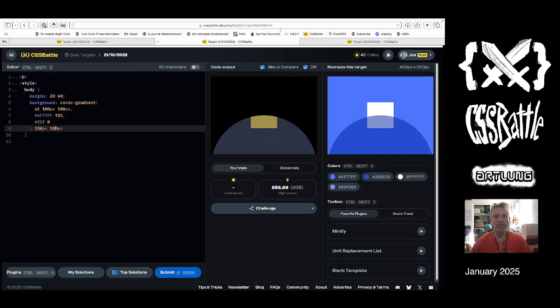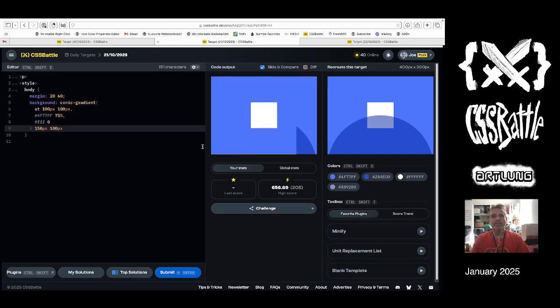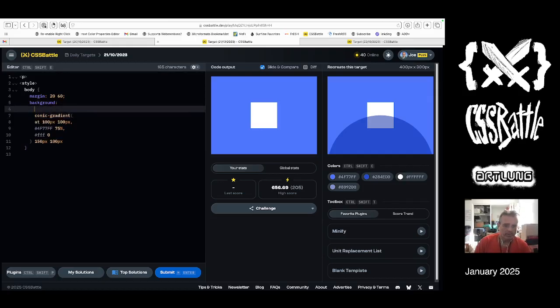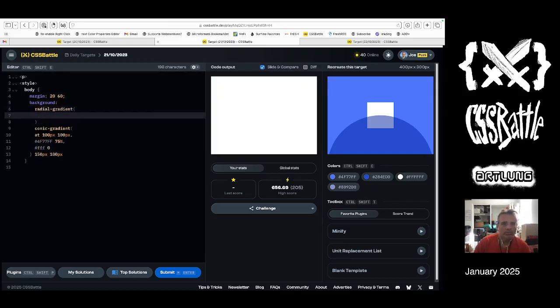Sure. And there it is. So that's that. So if we did the right radial gradient with the right numbers, so as a circle at 50%, 100%, so that's a circle originating at the bottom center